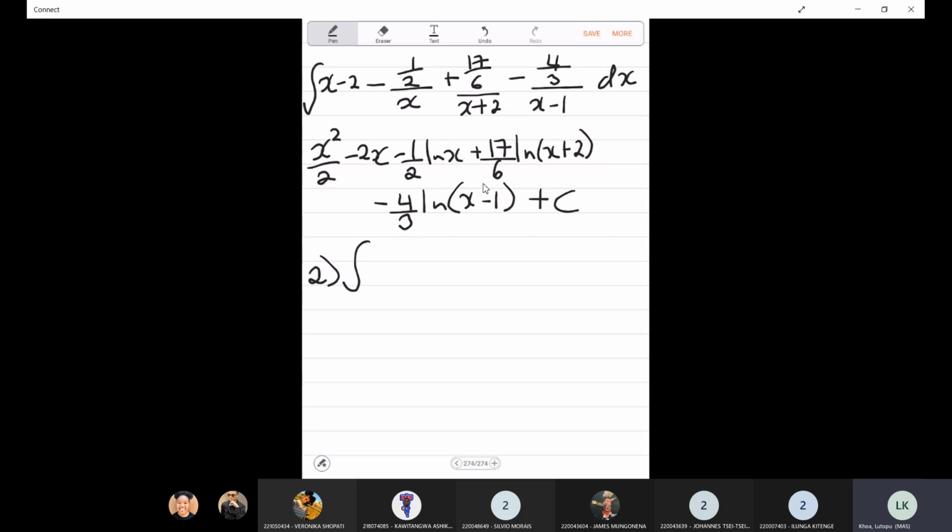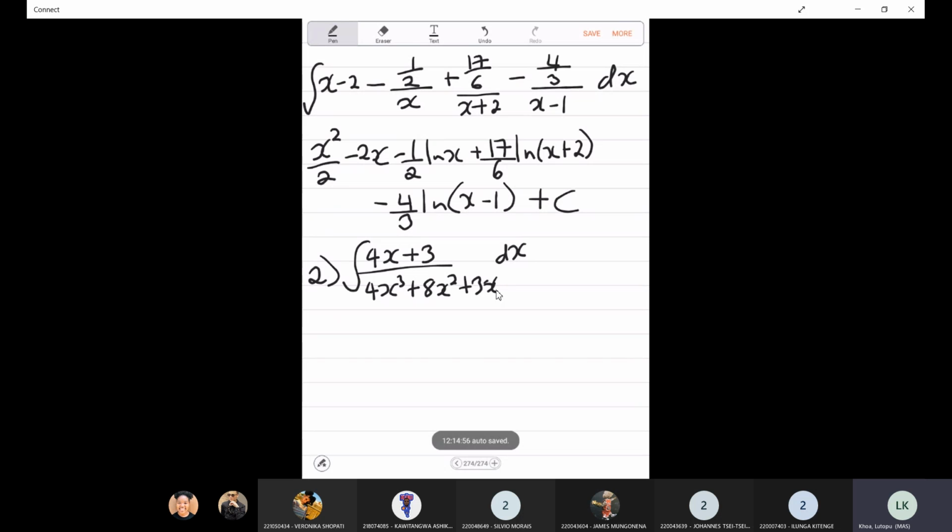The integral of 4x plus 3 over 4x cubed plus 8x squared plus 3x dx. So with this one, our denominator has a higher degree than the numerator. So the only thing to do is to factorize it. So x is a common factor, so you can take the x out and then factorize the quadratic equation that